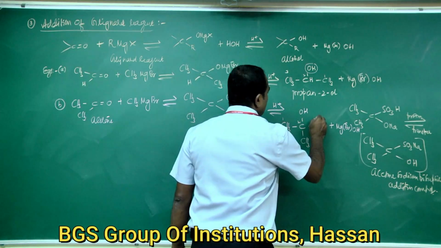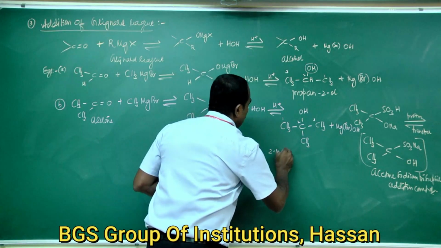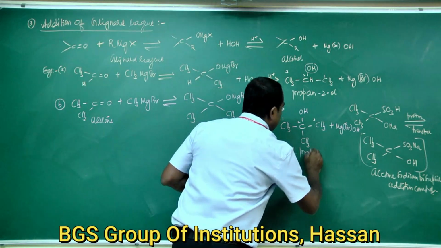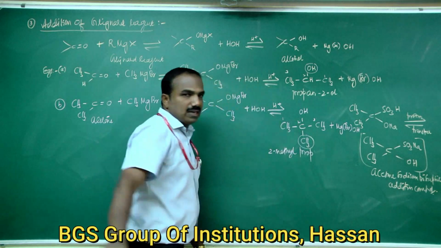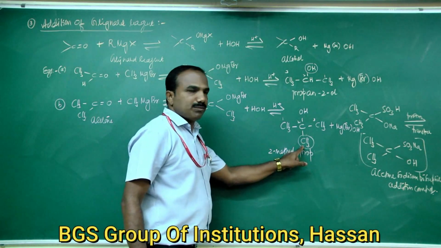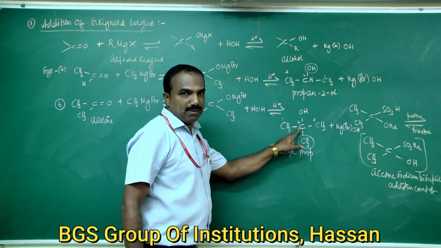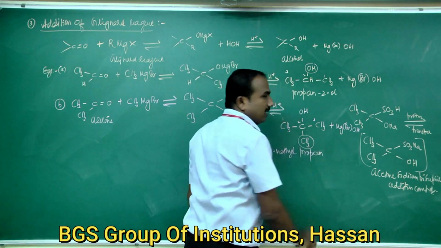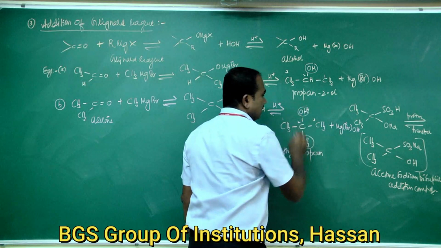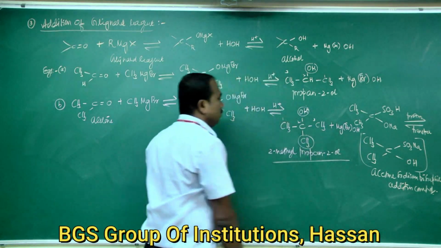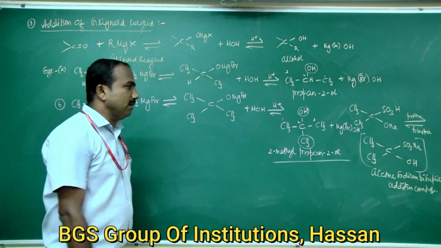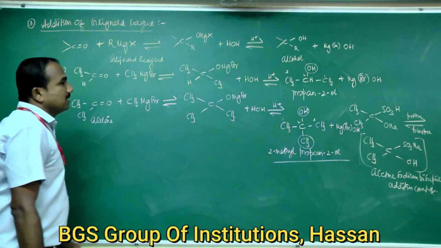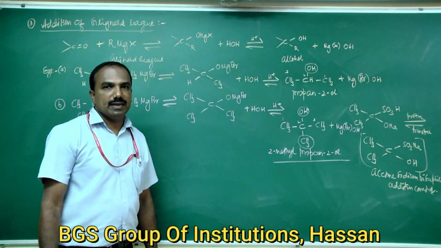This is 1, 2, 3. So that is 2 methyl. There are 3 carbon atoms, so this does not belong to the longest carbon chain. Therefore the name of the substance is methyl, and its position on the carbon atom is 2. So 2 methyl, 3 carbon atoms with single bond linkage, AN, and in second position there is the functional group OL. That is 2 methyl, 2 propanol, or 2 methyl propan-2-ol. That is tertiary butyl alcohol. Okay, so this is about addition of Grignard reagent.